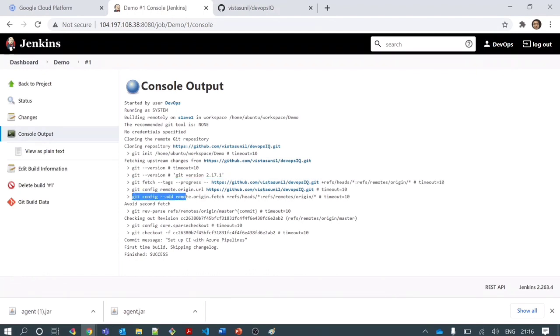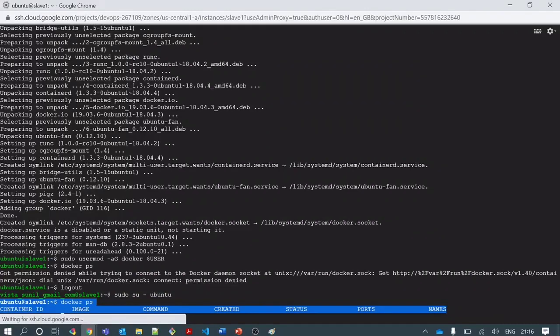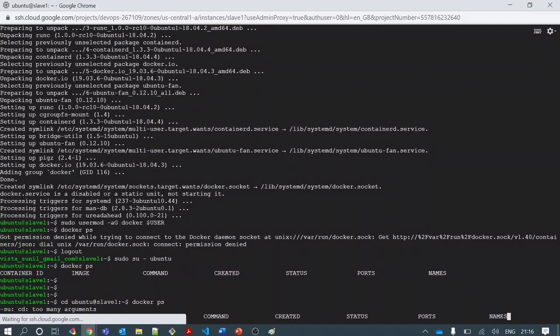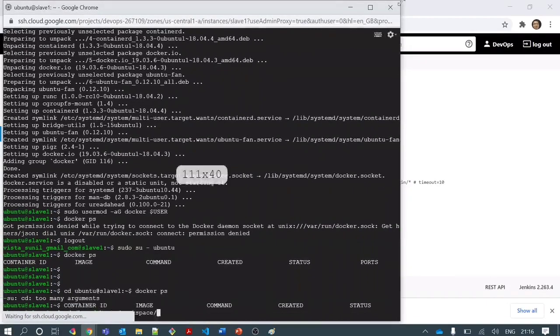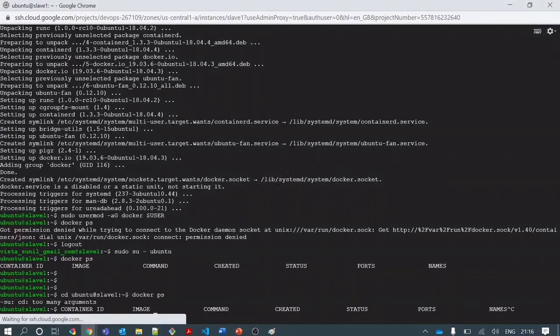It configured the origin and the user, then checked out the code and pulled it. So if I go to my slave node 1 and go to home Ubuntu workspace,